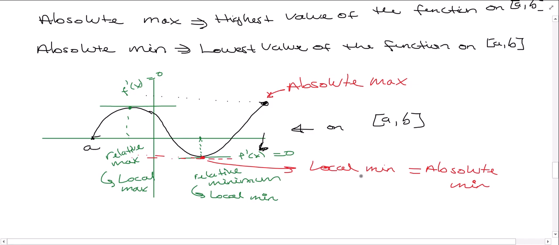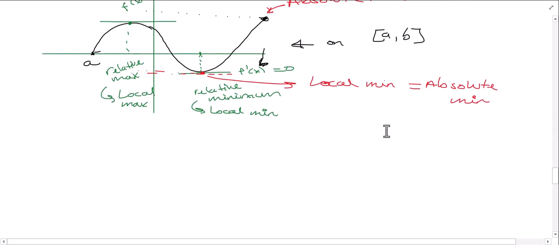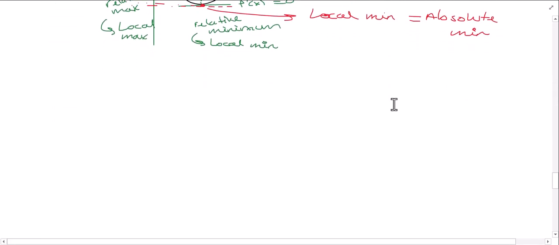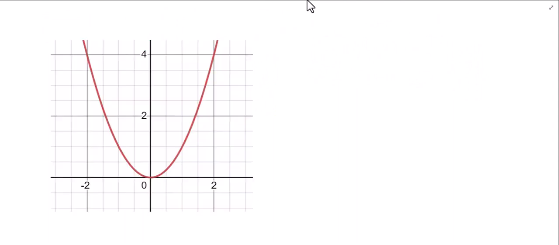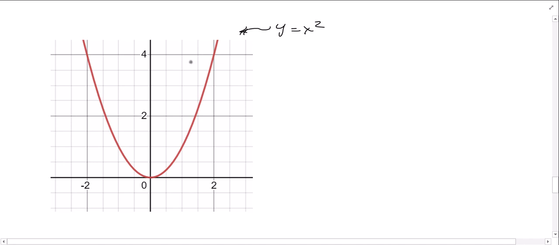So if you think about y equals x squared, for example, and you truncate it at, say, -2 to 2, you have a local min at the vertex, but that will also be the absolute min. And let me just draw y equals x squared since I'm talking about it. Just quickly looking at y equals x squared here, we can see that, as I was saying, if we truncate it at -2 to 2,